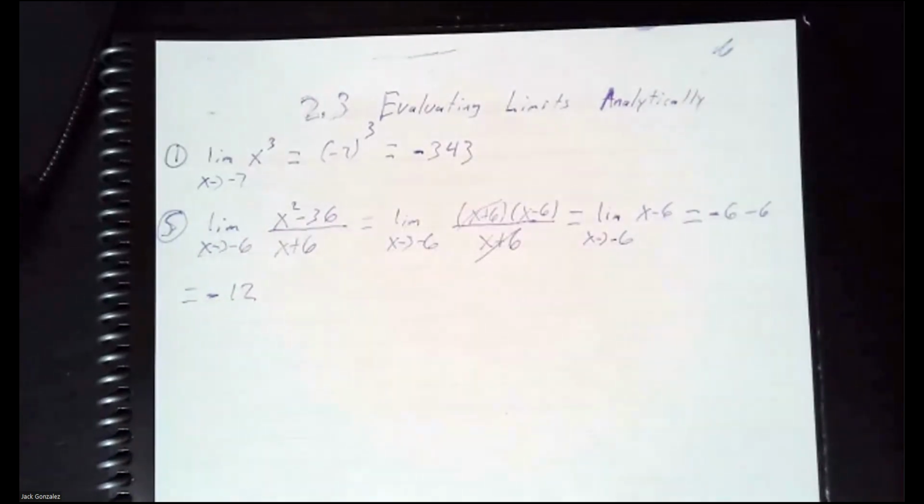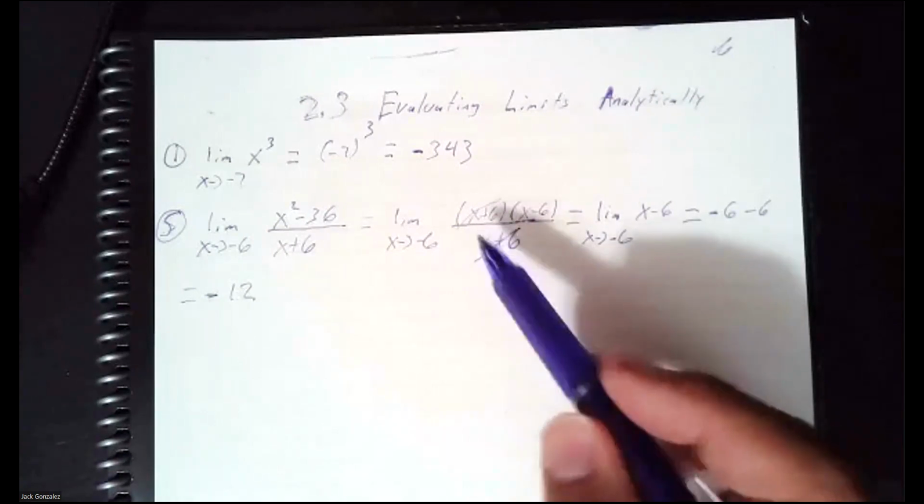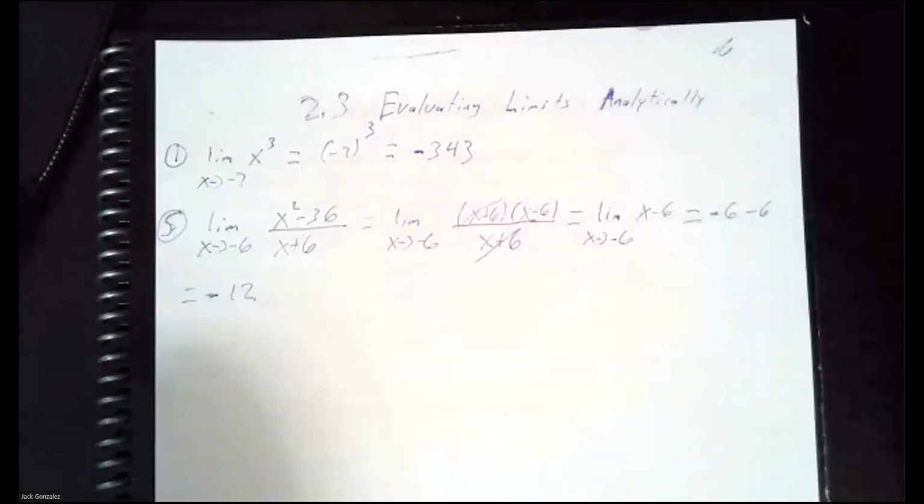Right? So when this happens, this is considered to be a removable discontinuity. So it's kind of like we're filling the hole in the graph. So if we were to graph it,